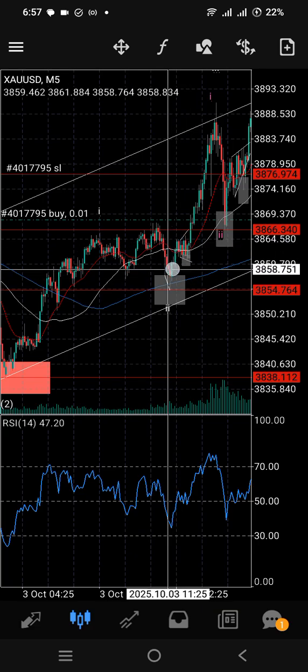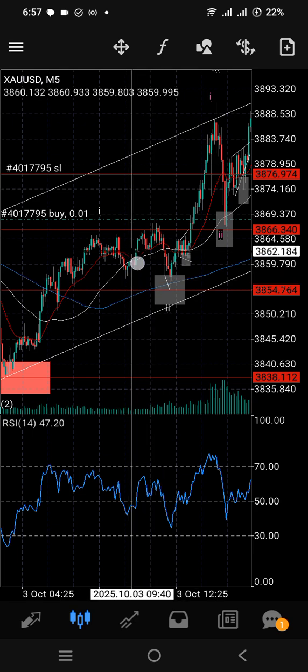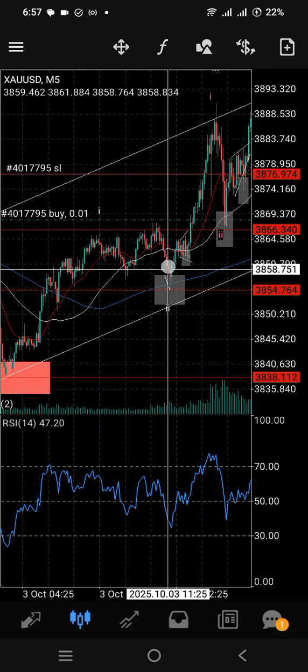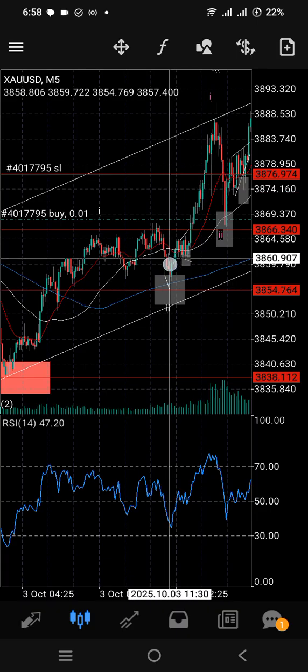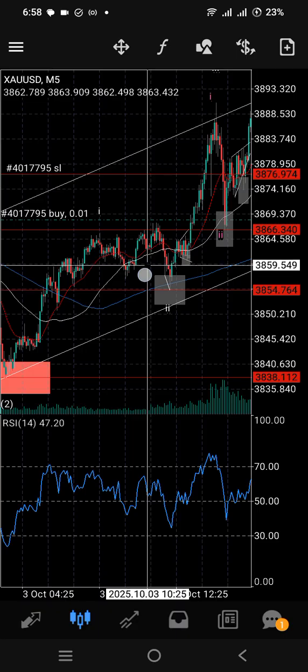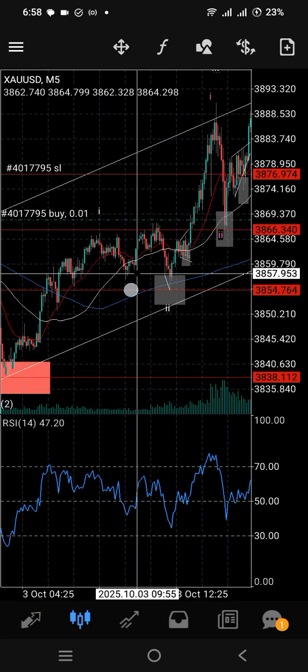So when it was up here and I saw a 1, 2, 3, 4, 5, I was convinced that we'll just have a little retracement and then a move back up. So I was a bit impatient. I did not wait like my strategy said I should, so I suffered a loss on that.